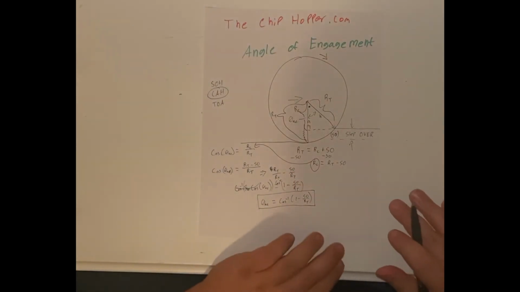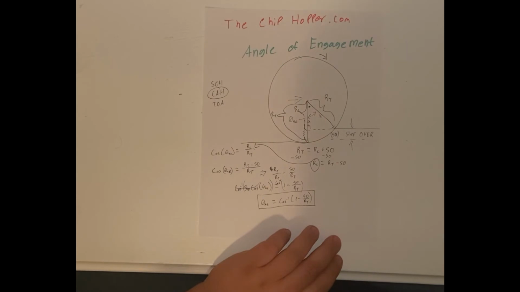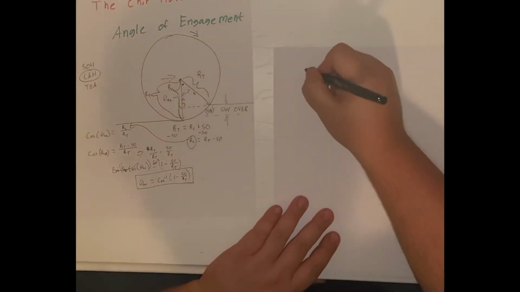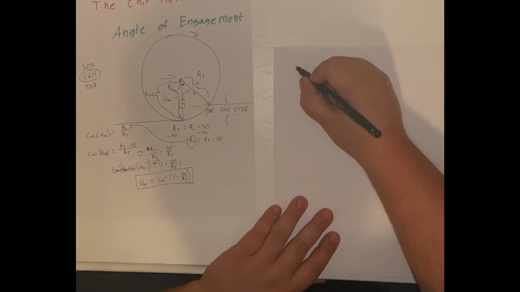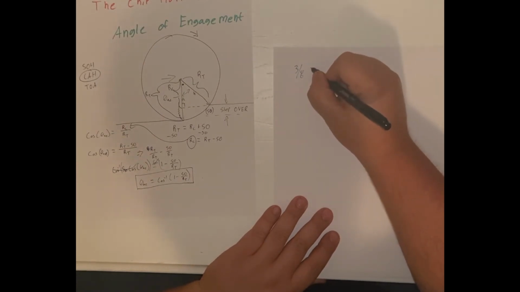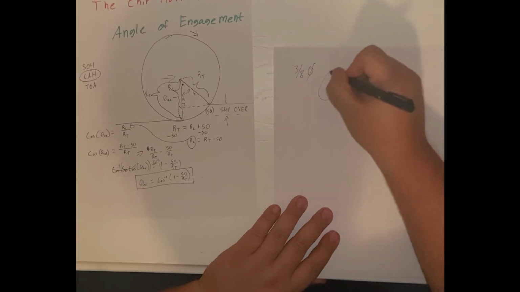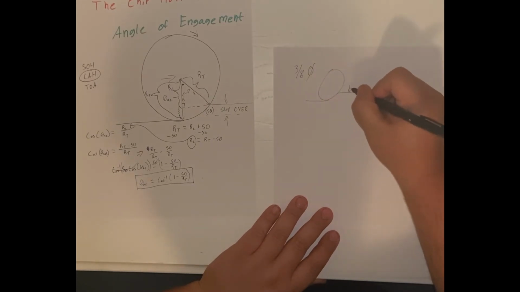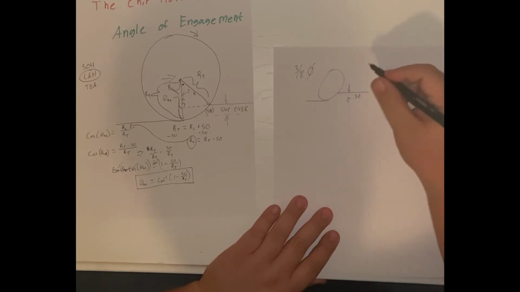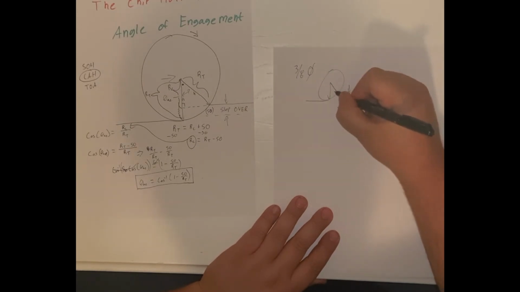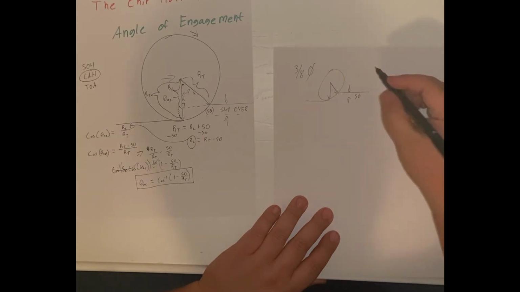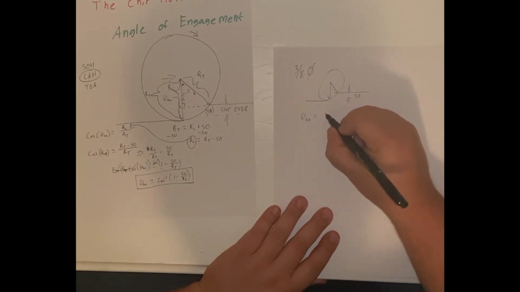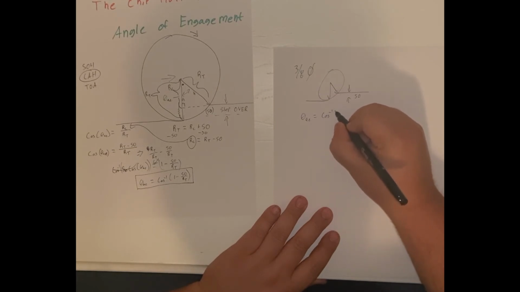So we'll go ahead and just go through a couple of examples to see it in action. So if we do, let's say, a 3/8 diameter milling tool. So we got our tool. I just like drawing pictures because it helps. SO. So we take our formula that we derived, AE equals cosine inverse,